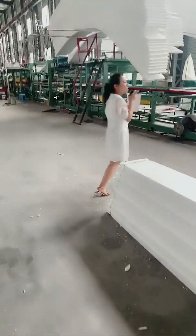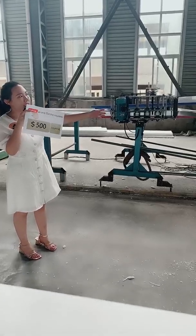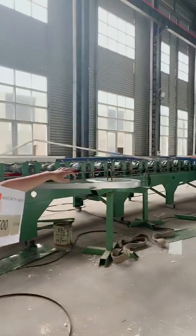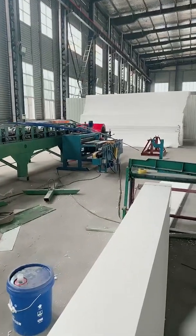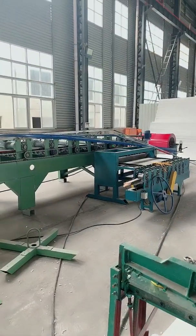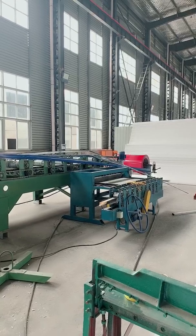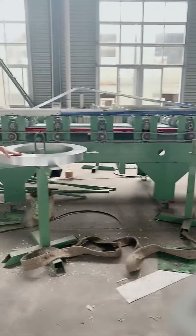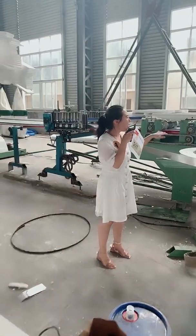Okay, for now we can start from the beginning to check the production line again, and then we're going to show you the container house. For this, you can see over there is a red color steel coil, and it will go through that machine. That machine will make the color coil into corrugated sheets, and then with this machine we will put the left and the right with the bottom